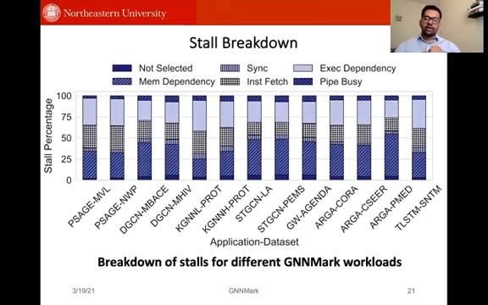We also did a stall breakdown, trying to understand how the application is stalled by different types of stalls, from NVProf. Overall, we observed that most of the execution stalls are from memory dependency, execution dependency, and instruction fetch. So memory is definitely a bottleneck, as we observe very low L1D cache hit rates. And in general, irregular operations such as scatter and gather have higher stalls due to memory dependency. One of the interesting things that we observe is that there's a good percentage of stalls due to instruction fetch.